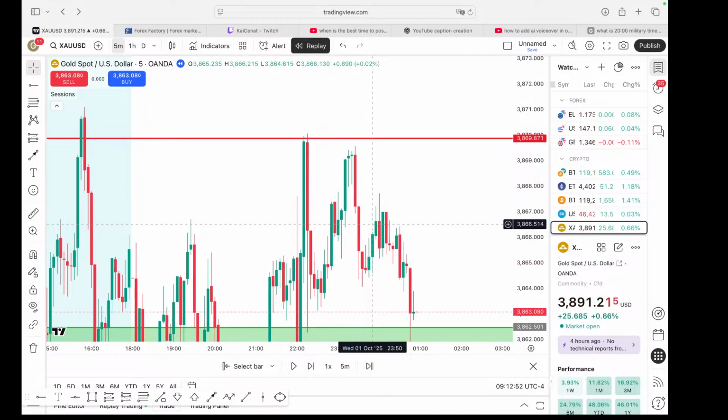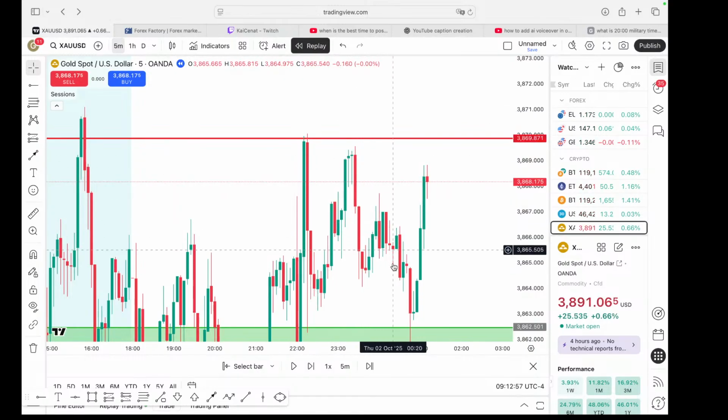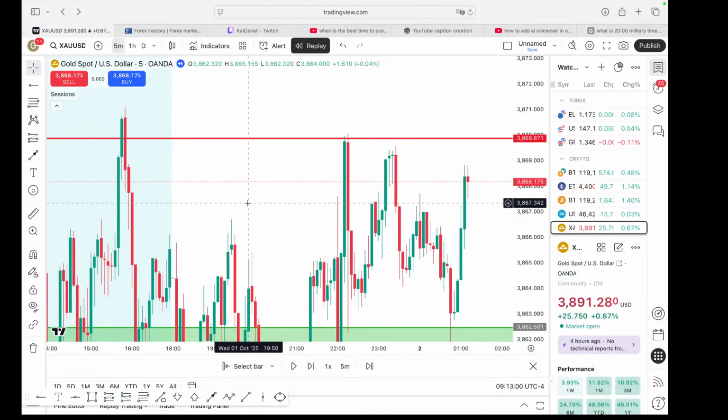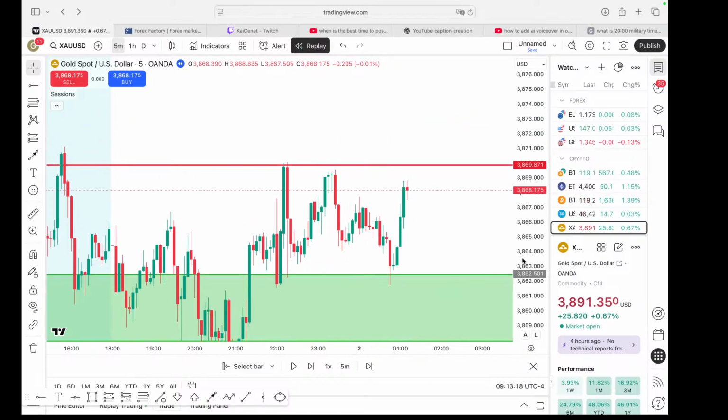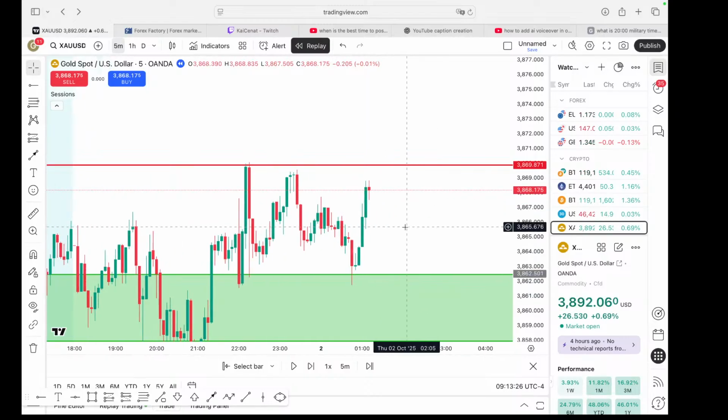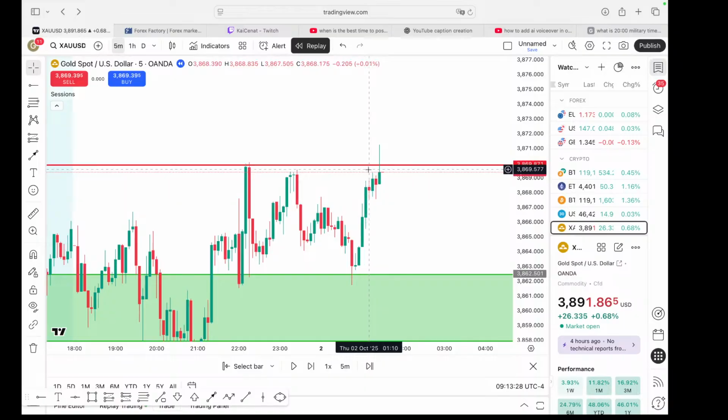Oh, I want to show y'all something. This is what I saw last night. I saw a lot of back and forth motion at an area of resistance, and I don't like that. When price takes off, it normally just takes off, with no consolidation. But I was in my mind so heavy last night that I didn't even recognize what was going on. The larger play was price building momentum to shoot up higher, but in my mind, I'm thinking it's building momentum to push further down. Then this happened right here.